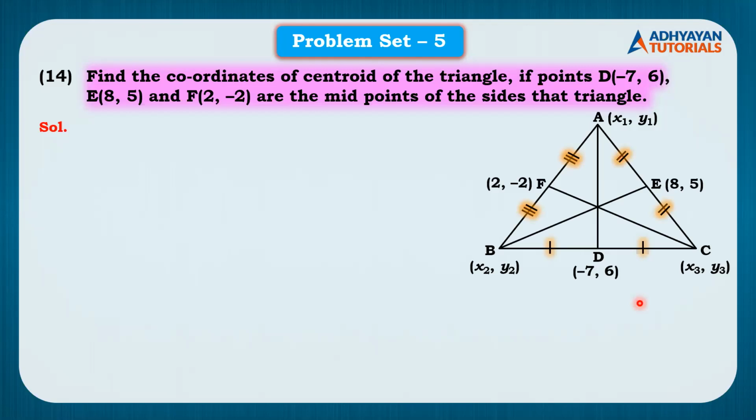Now many students might have one doubt in this figure. If we can directly locate the midpoints, why is there a need to draw segment AD, segment BE and segment CF? Just to locate the midpoints, but why? Is it mentioned anywhere that we have to draw AD, BE and CF? Yes, students, it is mentioned. I repeat again, AD, BE and CF have to be drawn is mentioned in the sum.